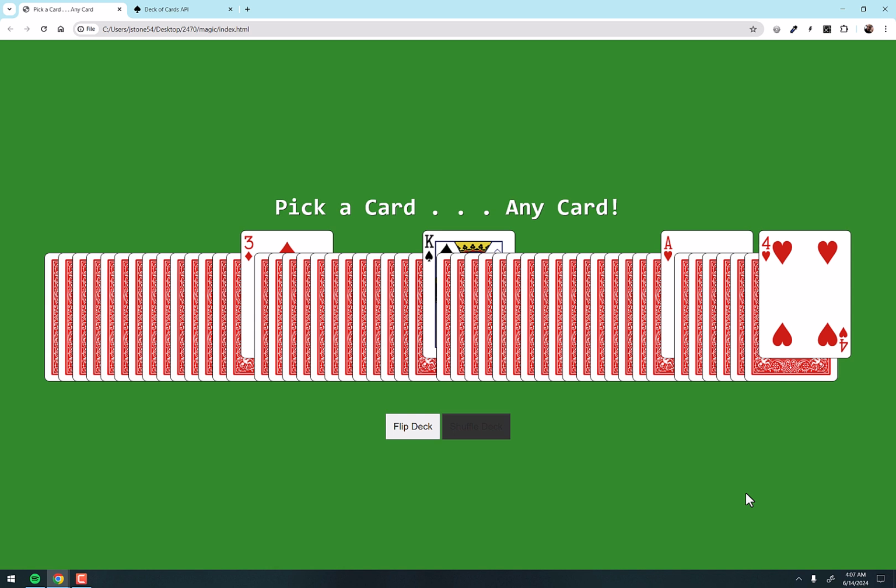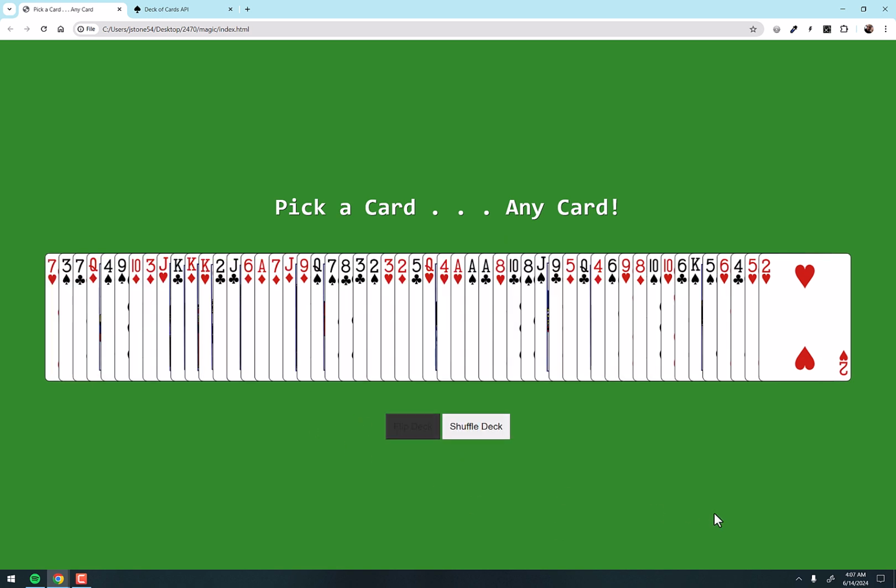Next thing though is to flip the deck over. All that's going to do is flip the deck face up. And again, you're going to use the Deck of Cards API. You're just going to get a random deck, and it won't necessarily be the one that was used to generate these 4 cards here. So you're going to click flip the deck, and it's just going to display a random